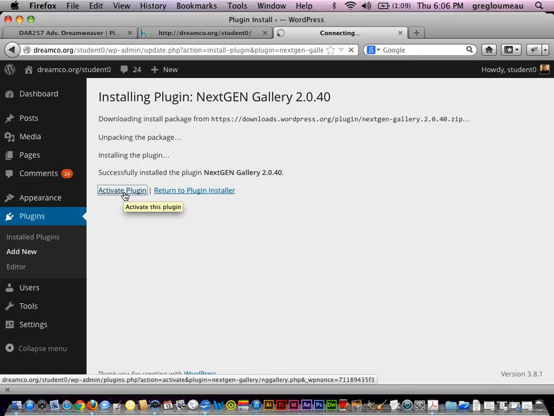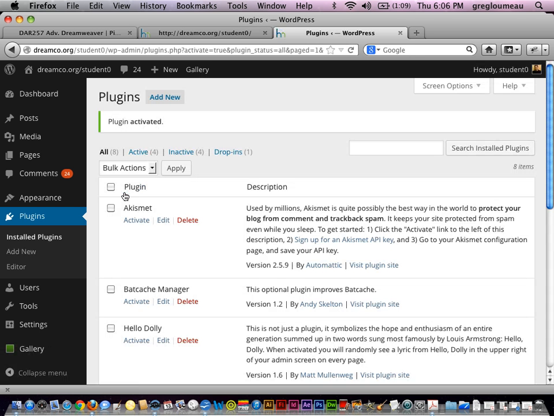So we'll click Activate Plugin, and now your software will be installed once it's done turning it on. Now, the better plugins, the more sophisticated plugins, will add a button to the left-hand side of your screen, to your tabs. And if you look down here at the bottom, you'll see that now you have a